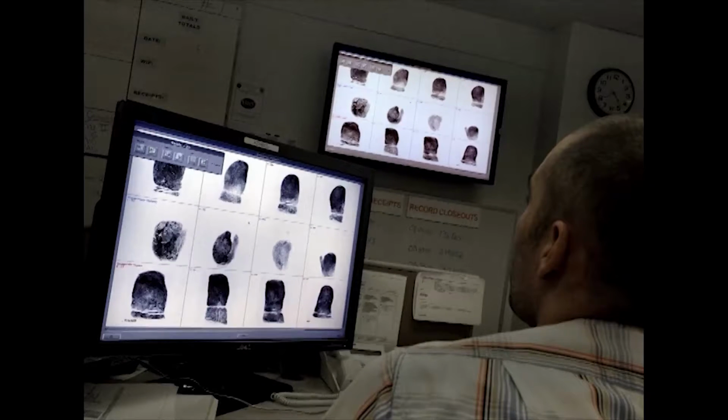Training on CCTNS, that is Crime and Criminal Tracking Network and Systems. Training on transfer of technology in fingerprint science. Advanced fingerprinting science. Training on networking and e-security. Training on colored portrait building system. Operator courses for statistical software in Crime in India and Active Directory Service Interface. Operator course for prison statistics in India.